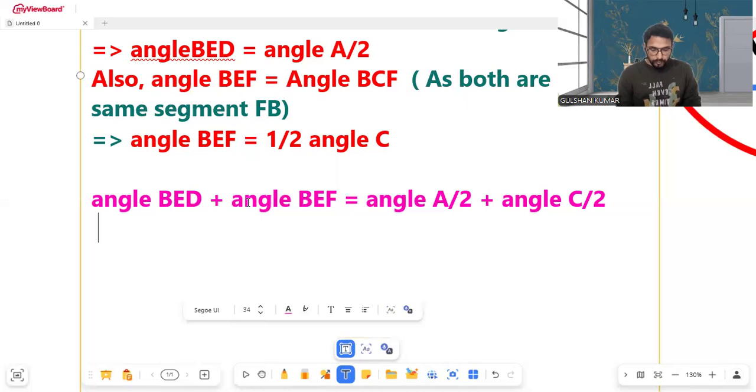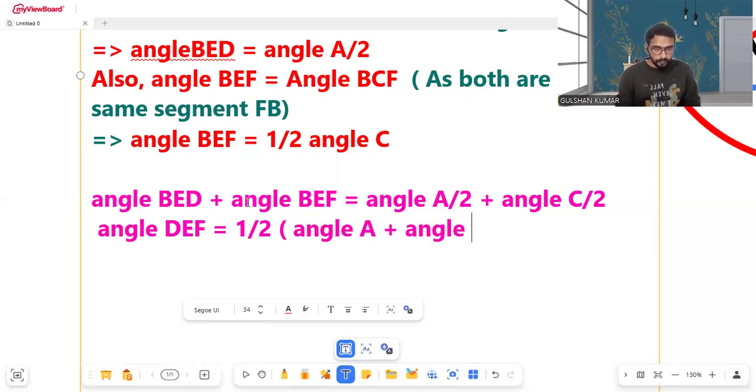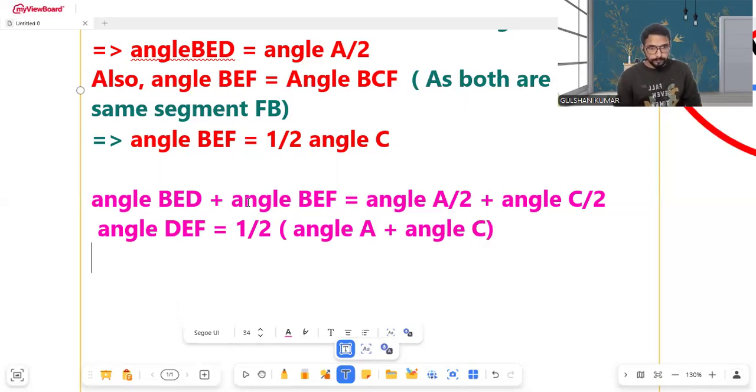Okay. So the whole angle DEF will be equal to half of angle A plus angle C. Okay. So this implies that